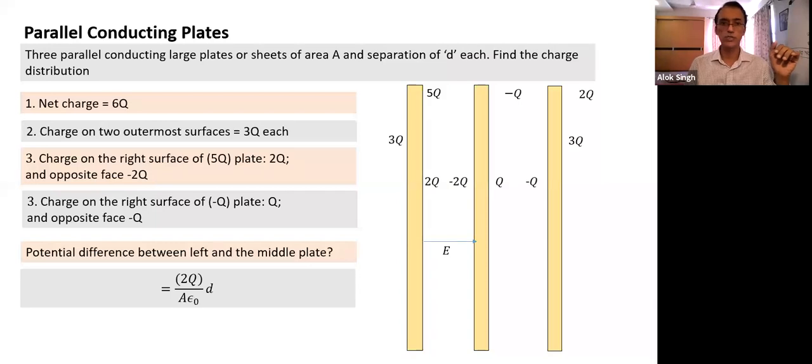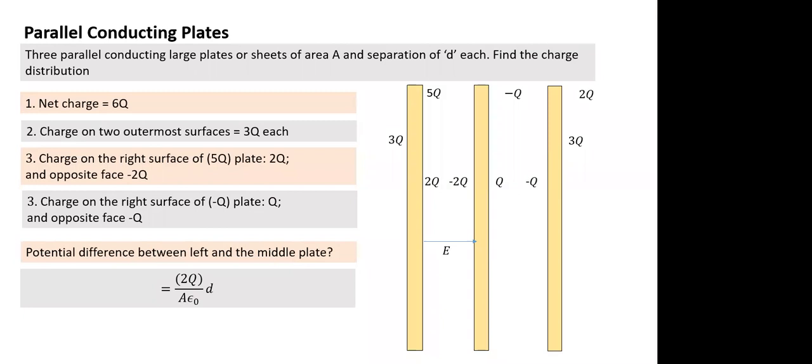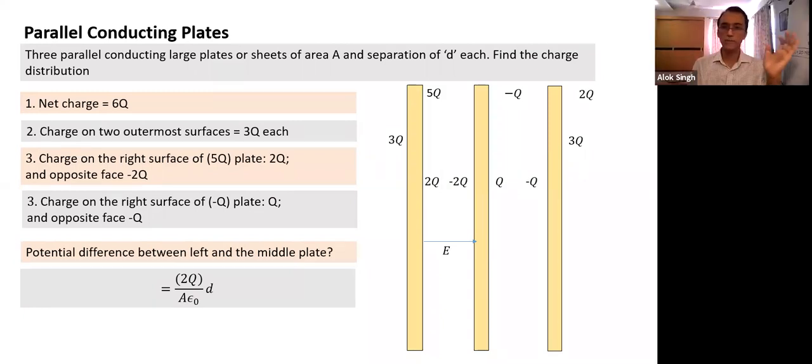So this is equal to, thus, the field, and the field between 2 plates is uniform. I can calculate the potential difference. Compared to the potential difference between the left plate and the middle plate, if this potential difference is V, what is the potential difference between the middle plate and the right plate? The potential difference between the left plate and the middle plate is V. What will be the potential difference between the middle plate and the right plate? V by 2. V by 2. So the distance may be the same if the separations are equal.